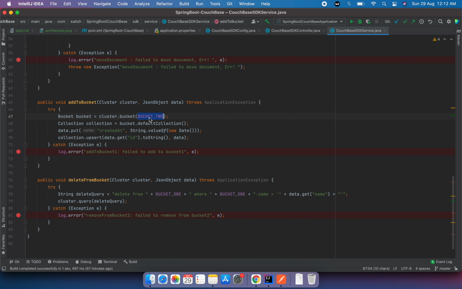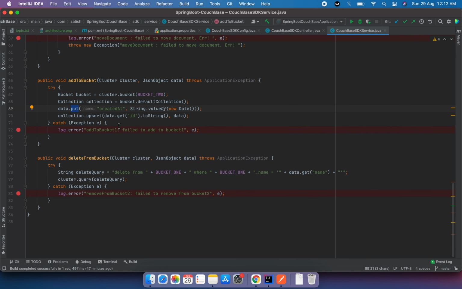Upsert is basically add or update to the second bucket. In my case it is basically add, so I can use add as well, but as of now I'm using upsert here. And I'm also altering the document. I'm changing some of the properties, like there are some key value pairs here, and I'm adding some more key value pairs. That means we can also perform some different activities as well. That's why I've taken this example. It's not limited, we can do any manipulation with the object.